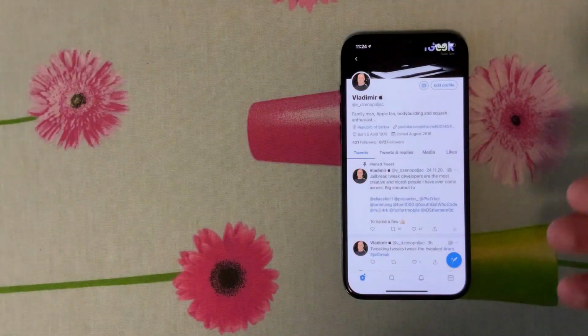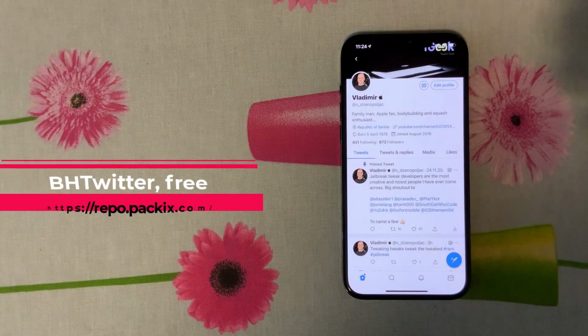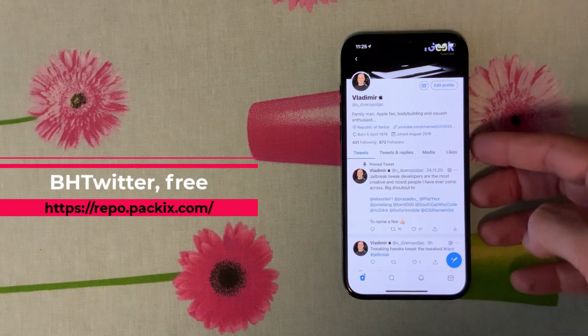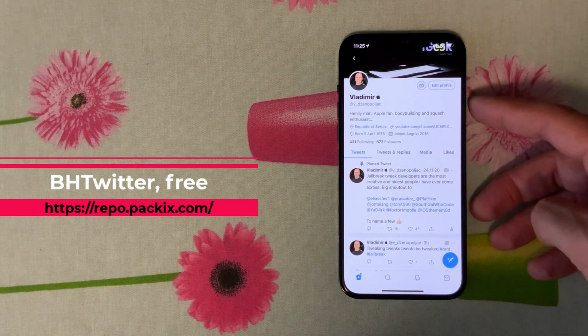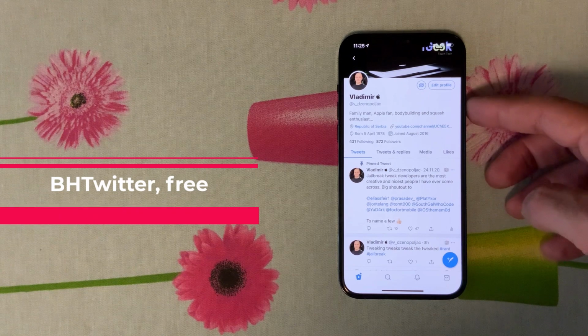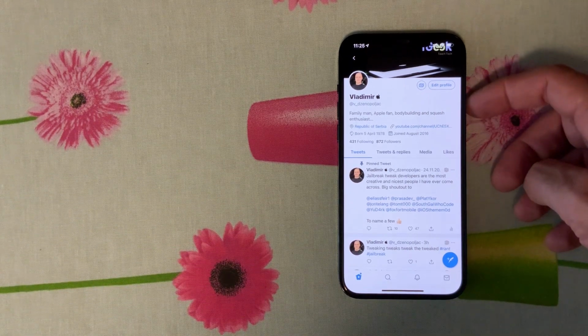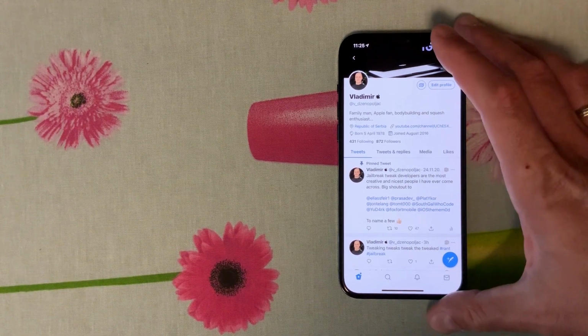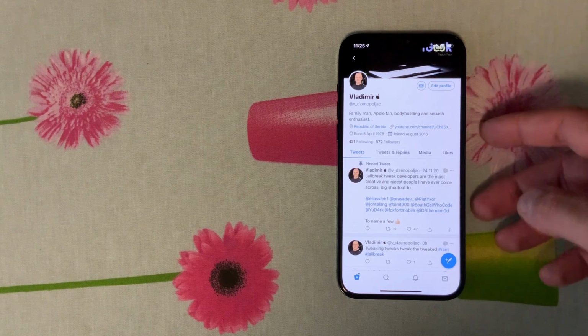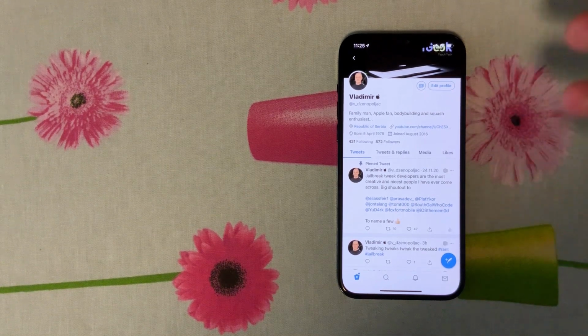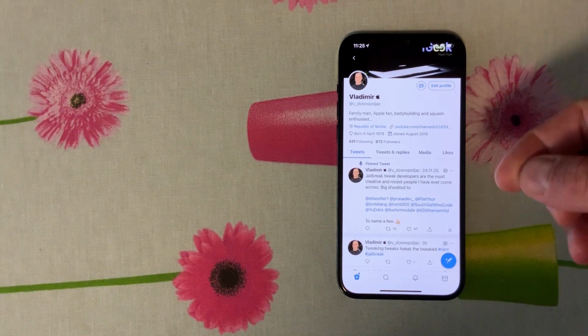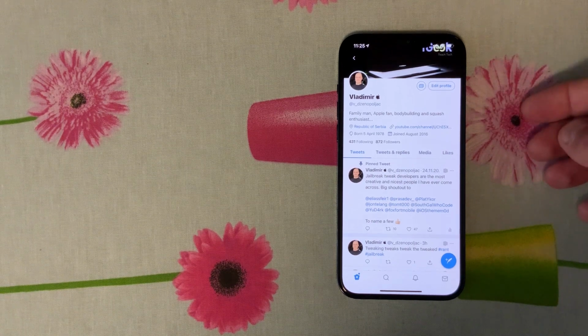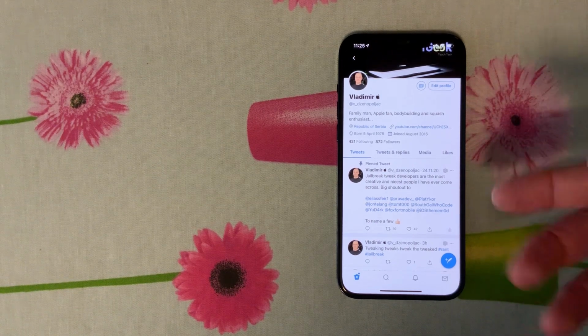The next tweak is called BH Twitter. BH Twitter is a neat little tweak which removes, for example, ads on the Twitter app. It enables you to download the videos and images. I'm going to show later what features it enables. Now, the most interesting feature for me is that Twitter has posted a new feature